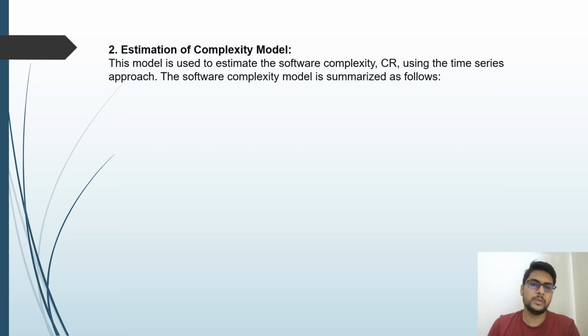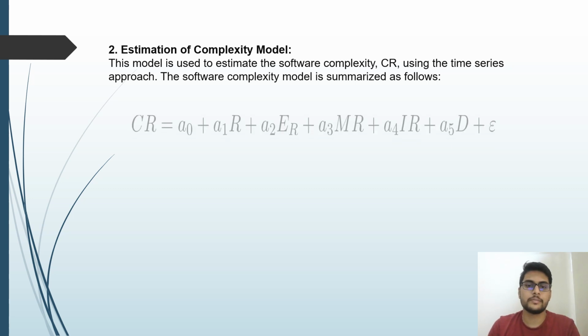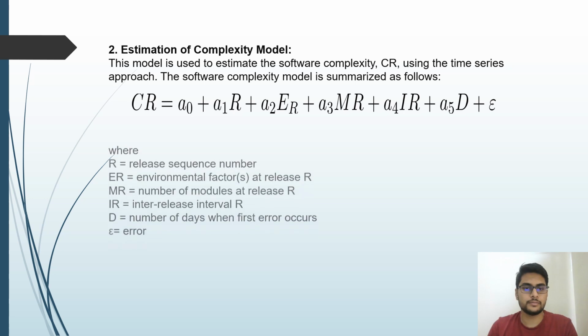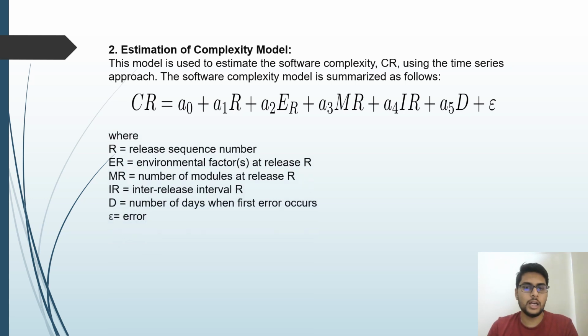Second, estimation of complexity model. This model is used to estimate the software complexity, CR, using the time series approach. The software complexity model is summarized as follows: CR equals A0 plus A1 R plus A2 ER plus A3 MR plus A4 IR plus A5 D plus epsilon, where R